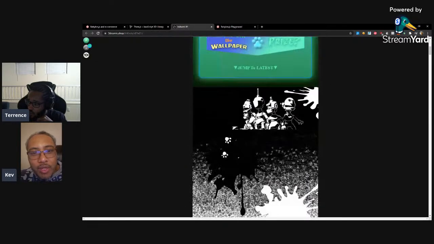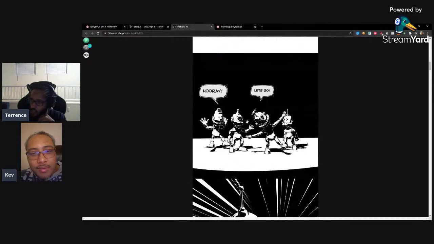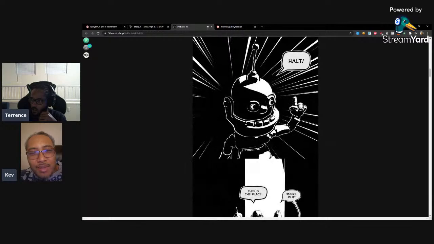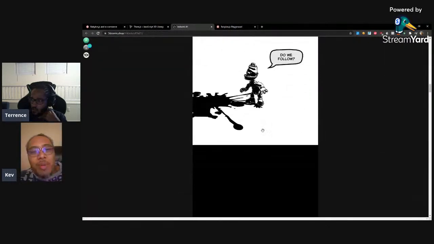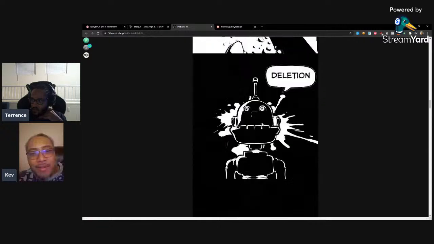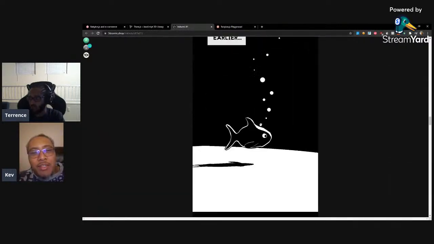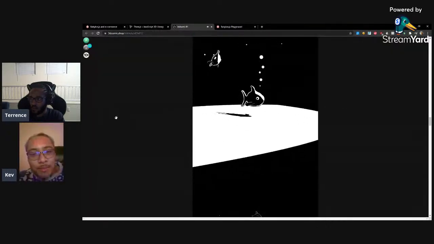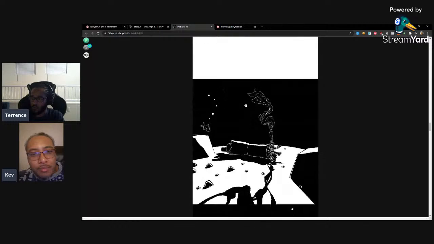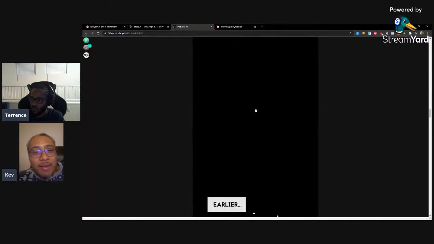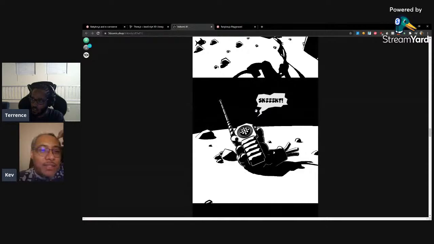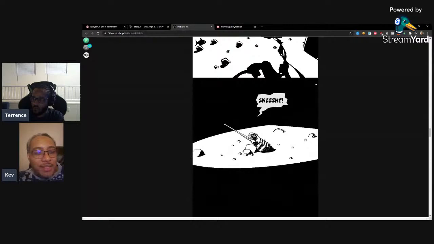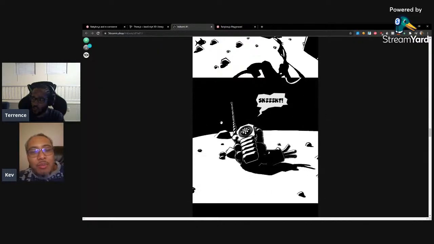3D comic. What is this? 3D comic? I guess they use Three.js to make a comic. Oh, okay. So it's just like a model, but with black and white shading. It's crazy. You could rotate that, can't you? Yeah. That's kind of cool. That's a good idea. It gives people a reason to come back. Imagine like a Marvel comic like this, where you can rotate the scene and see the whole scene from different perspectives. That'd be kind of cool.